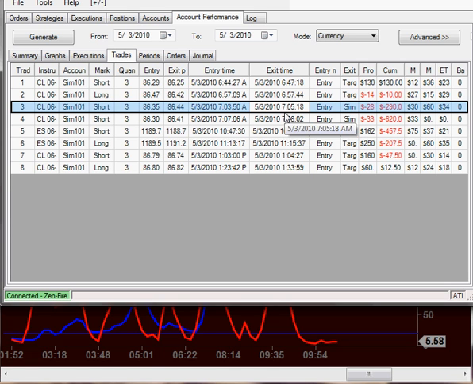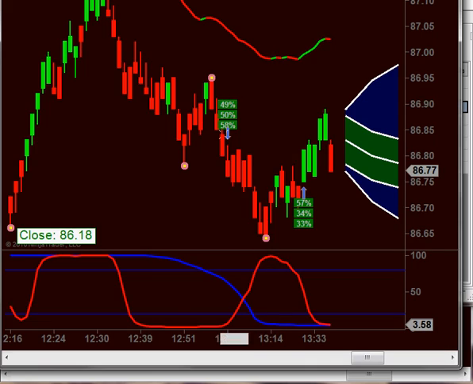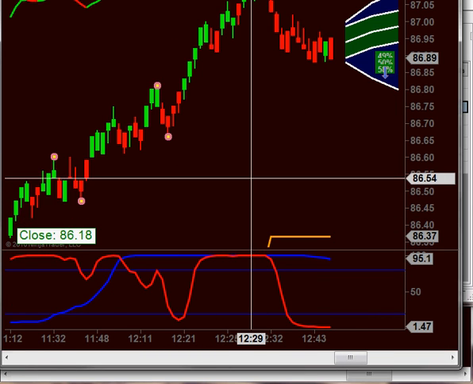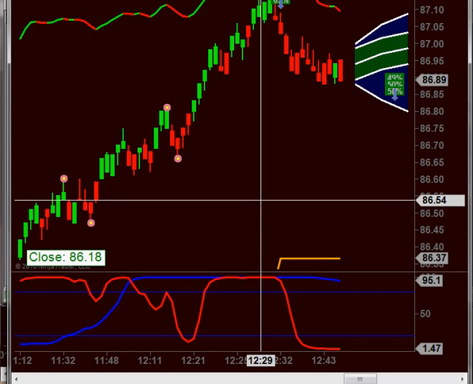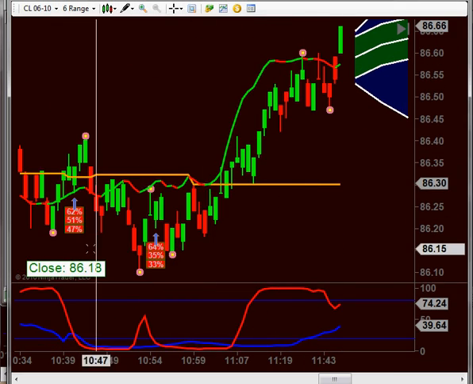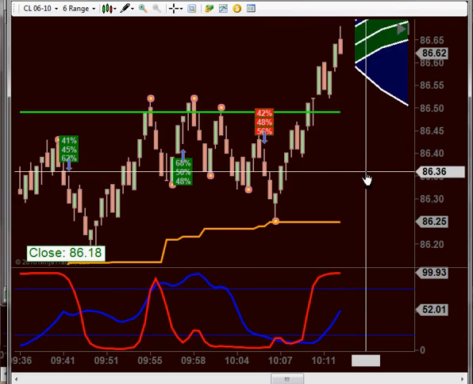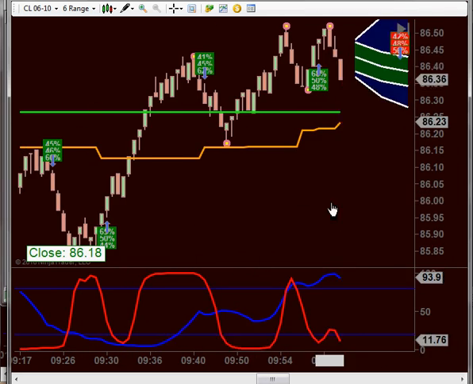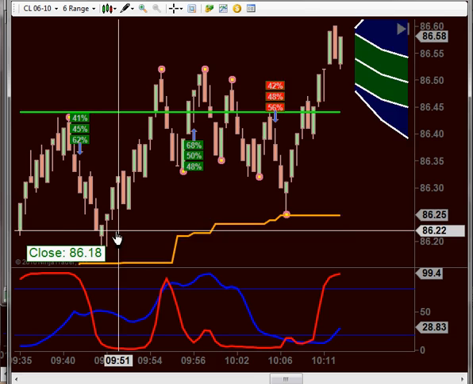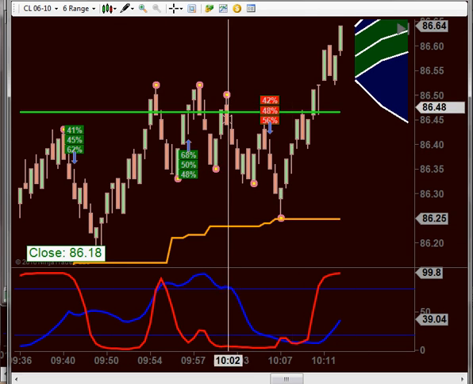I realized that I shouldn't have been trading. It's something I didn't want to do, and I also got jumbled with a couple of different signals here. This is CL, the oil market, and if we go back in time, you'll see that this shows trading from 9:30, which is when I started trading. And here's where I got chopped out over here.